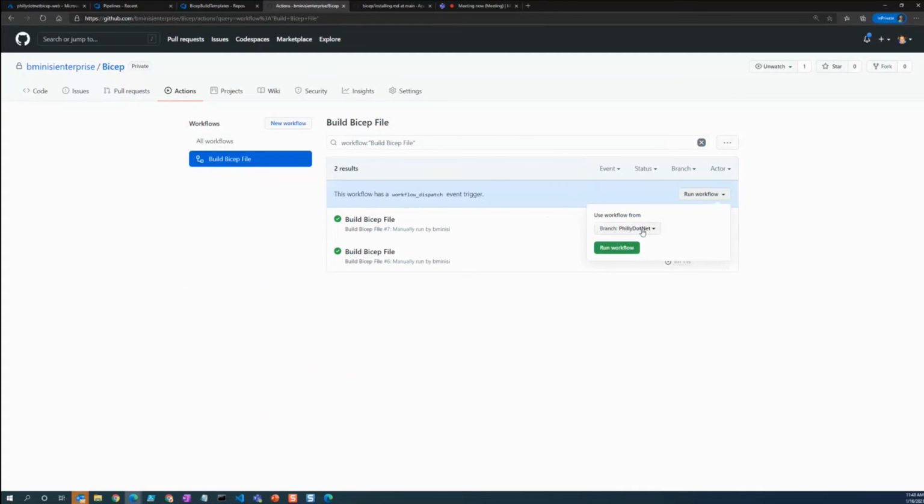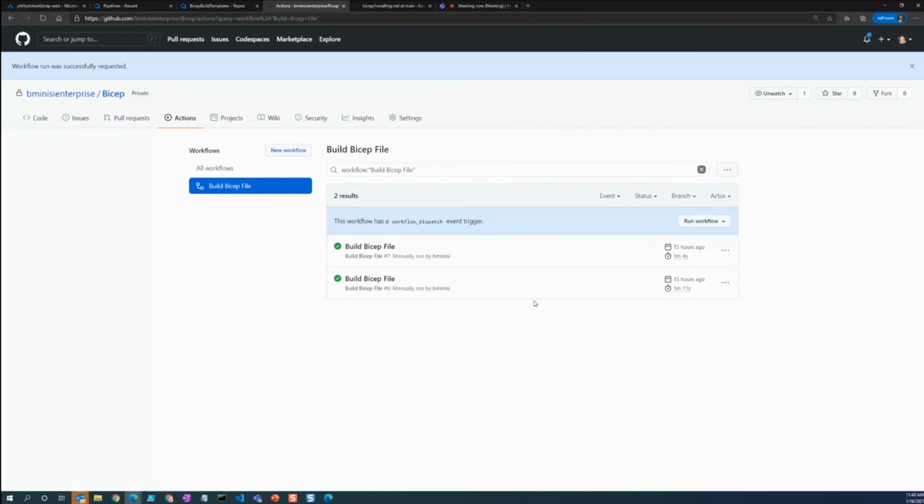So we can tell it what branch to run off of, and we're going to run the workflow.